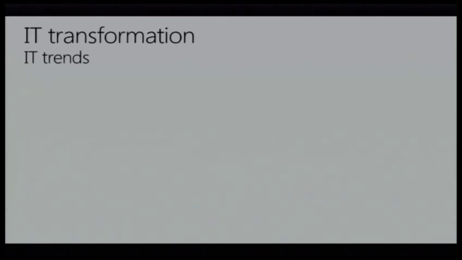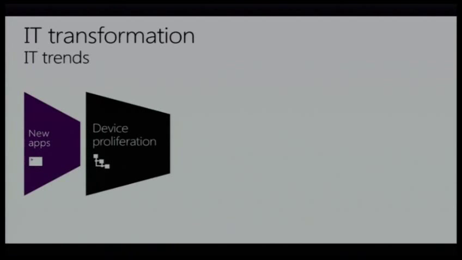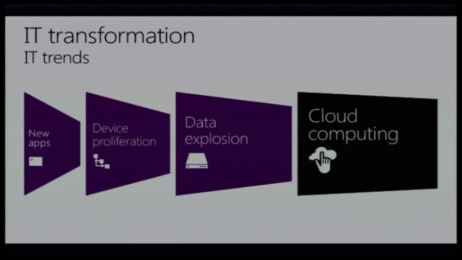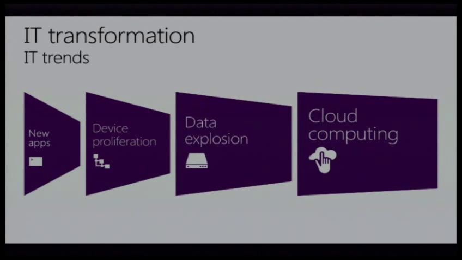IT transformation. Let's take a look at the trends unfolding in the market and how the trends affect IT. First, at the industry level, there's a fundamental shift toward cloud computing, and that means there's a new breed of applications that need to be built. New apps need to be able to reach cloud scale, be accessible 24/7 from anywhere, and they need to be deployable on premises, in the cloud, and in hybrid environments. These applications are accessible on an increasing variety of compute devices that enable a mobile work style.